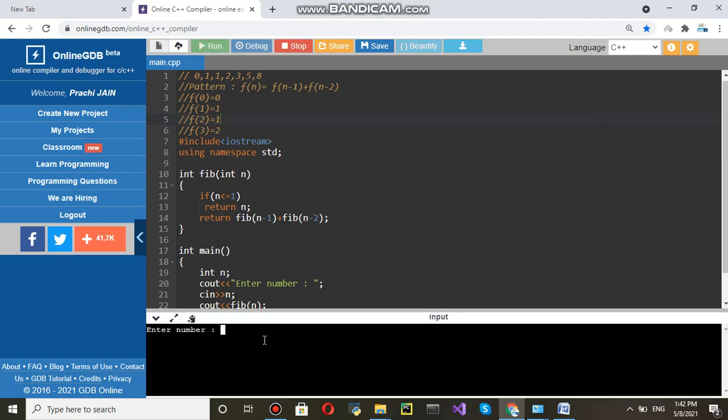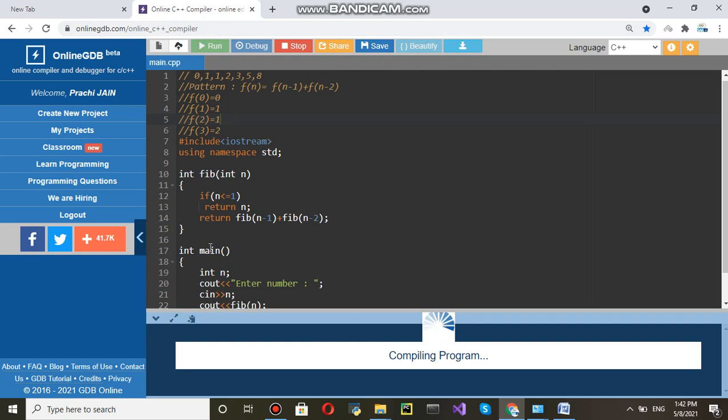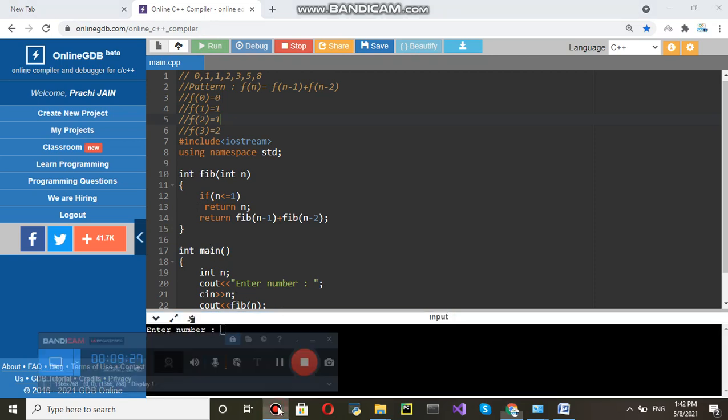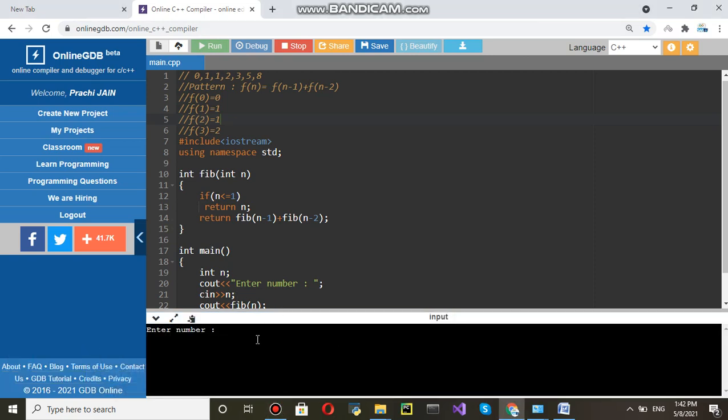If you write 2, what is f of 2? F of 2 is 1. Once again go here and you write f of 5. 5 means 0, 1, 2, 3, 4, 5. 5 will come. So this is how we'll get the Fibonacci value in the Fibonacci series.